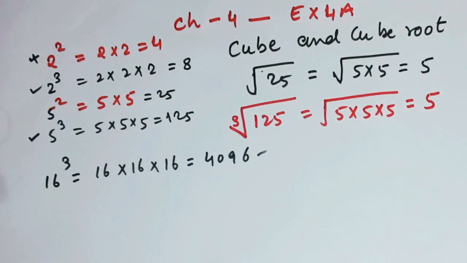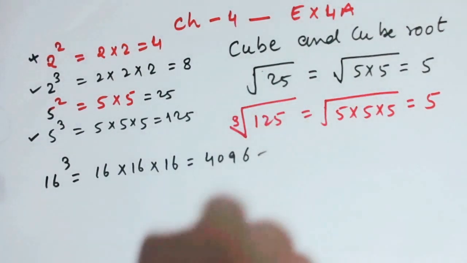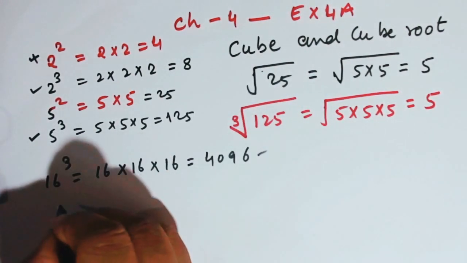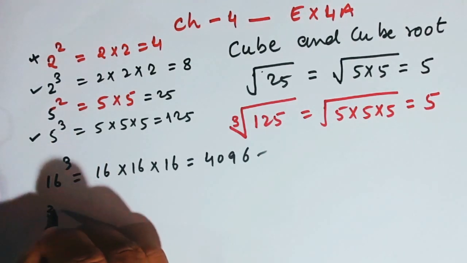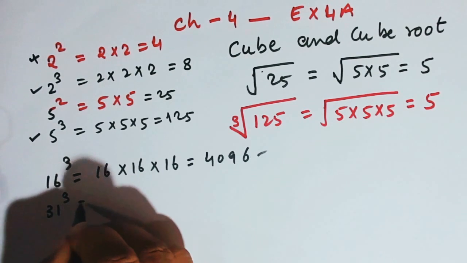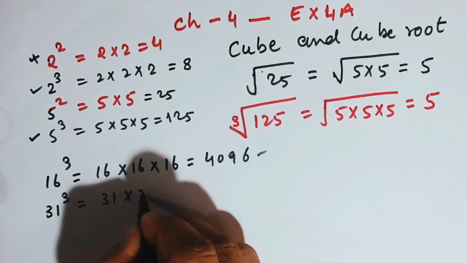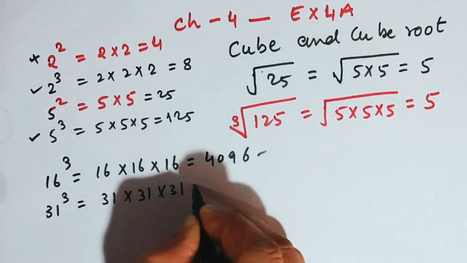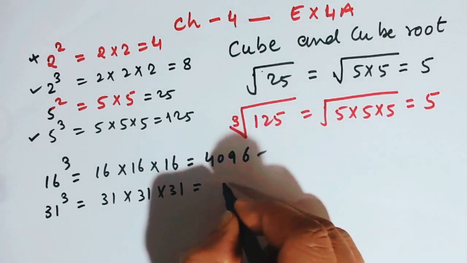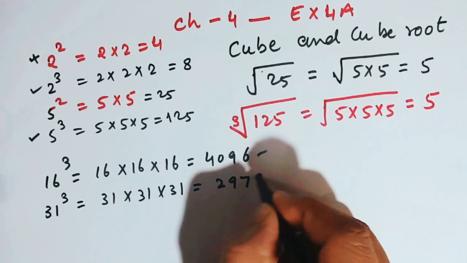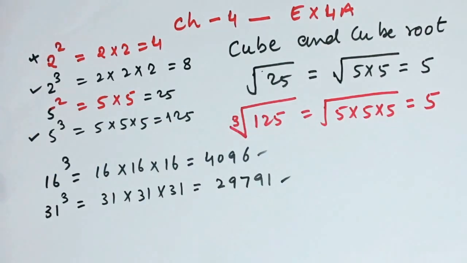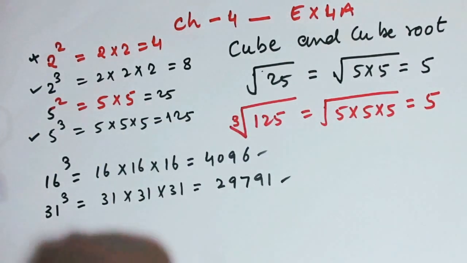You can also take your calculator, but you do not do this. You do not use your calculator as if you will obey me. I know that you will not obey me. You can only obey me when you are in the examination hall, in an offline examination. So come on, 31 times 31 times 31 will be equal to how much? Will be equal to 29791. See, you can see how clever I am. So clever. Okay, come on.